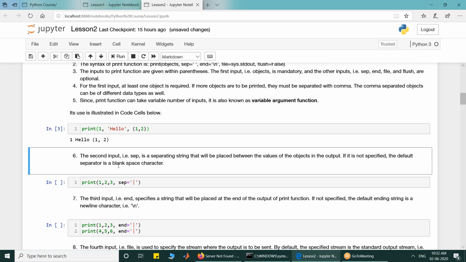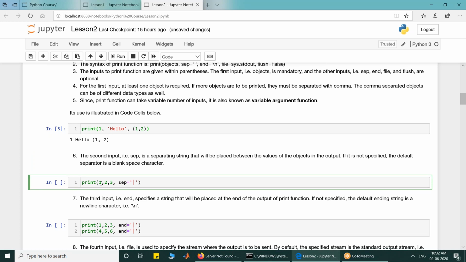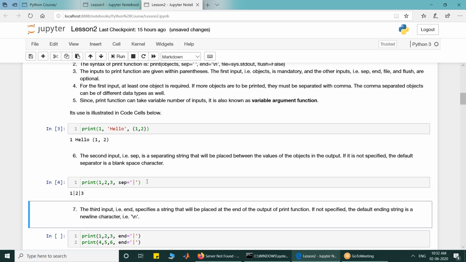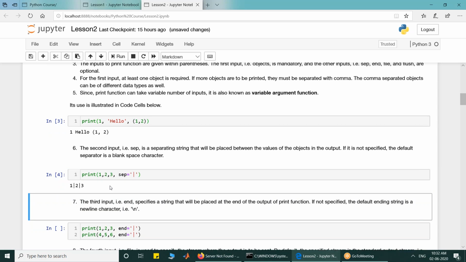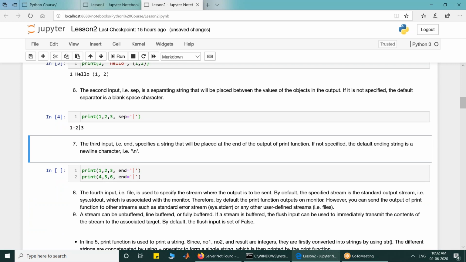If you want to separate them, you can make use of the separator option. In the next code cell, what I have written is print 1 2 3 and separate them with a pipe character. If I execute this, I will get 1, 2 and 3, and between 1 and 2 there is a pipe character, between 2 and 3 there is a pipe character.